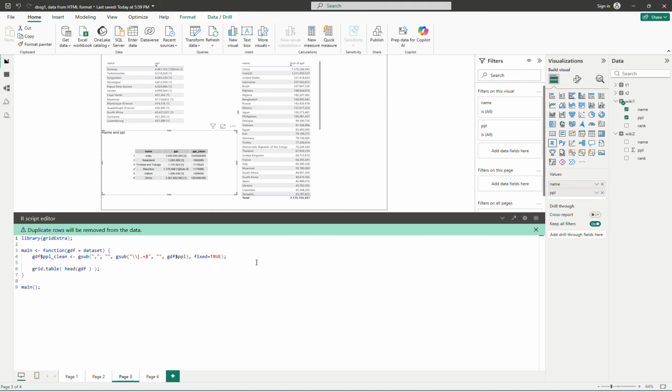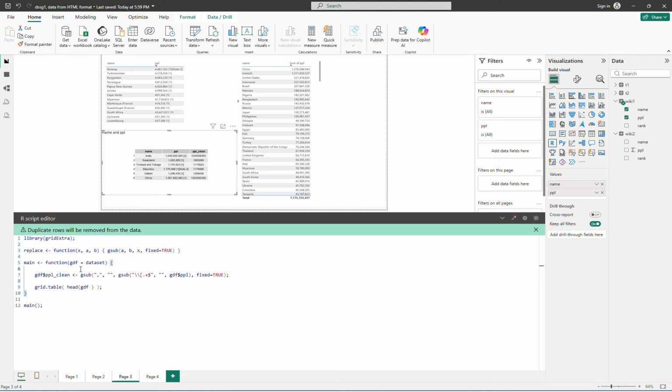Actually, I have a very simple trick for those kinds of things, which is to, okay, let me write the replace function first. X A B, which is sub of A B X fix to. So this one is just the way you want to keep it short for your replacement. So you can do something like this: X